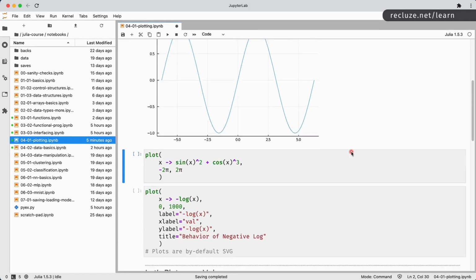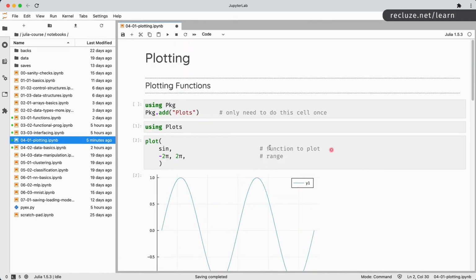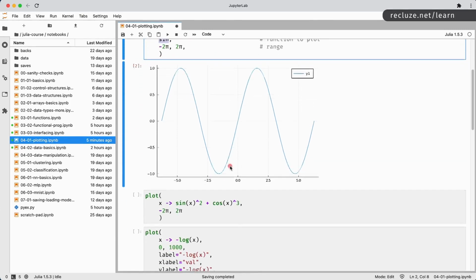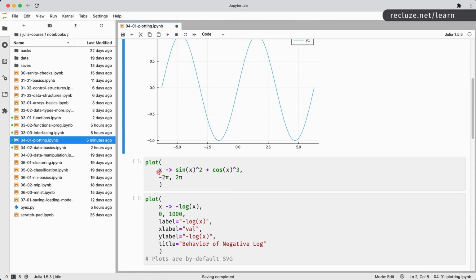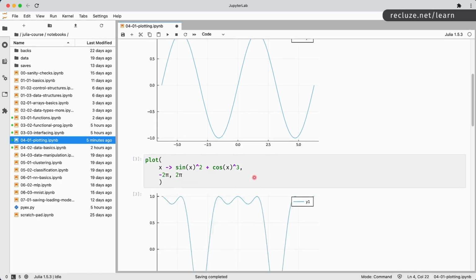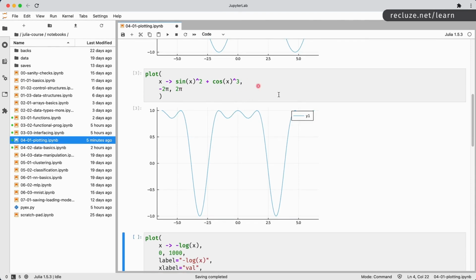much prettier than matplotlib's defaults. Now, because sine is a function, we can also pass it an anonymous function, which can be a lot more complicated. So you can say a function which takes one parameter, which is going to be each individual value for the x-axis, and it's going to plot sine squared x and cos cubed x added together. So you can do any sort of complex function plotting using this syntax. So this looks really nice.